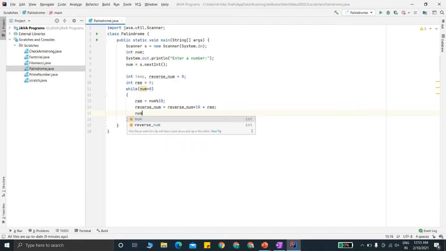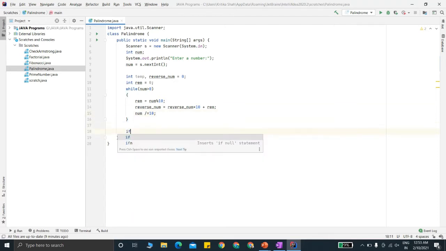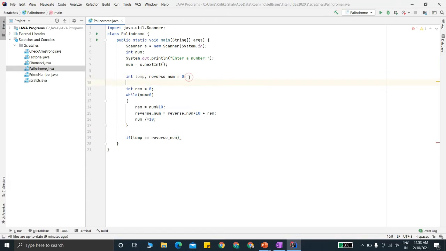Now we'll divide our number by 10 so that the last remainder that we have already added to the reverse of the number will be wiped out. Now after this loop, we'll write an if statement: if num is equal to the reverse num. After this, I'll store the original number in temp.